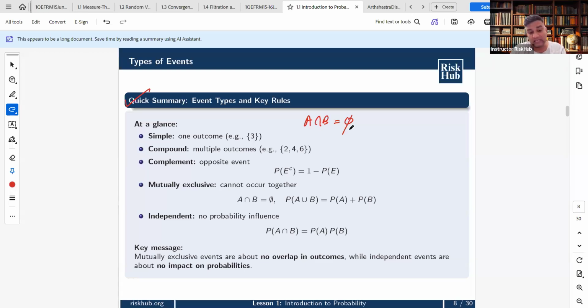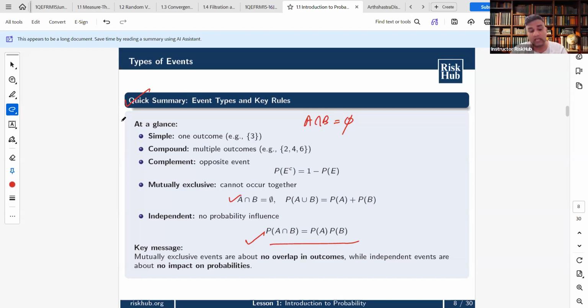Independent events can happen together, but neither affects the probability of the other. So in independence, we should be very clear that this is what we're looking at. Shouldn't confuse these constantly. Independent events can happen together, but neither affects the probability of the other. Keep that in mind. In fact, for non-zero probabilities, it is very, very important to understand